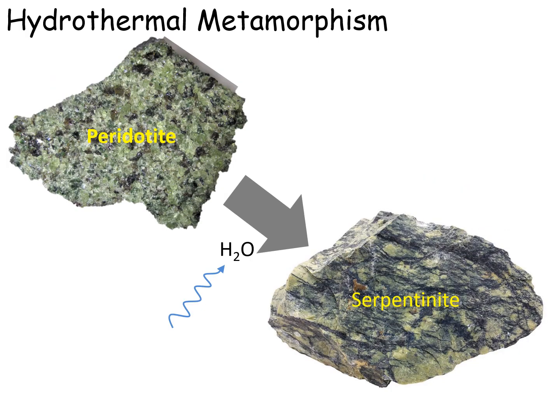In some environments, metamorphism is carried out by hot circulating water. The circulating water adds H2O to the rock chemically, causing hydrothermal metamorphism. A good example of hydrothermal metamorphism occurs on the seafloor around mid-ocean ridges. Circulation of seawater, driven by heat from a shallow magma chamber, causes the ultramafic rock peridotite to transform into the metamorphic rock serpentinite. Serpentinite is a rock composed of essentially one mineral, serpentine, which is a clay mineral containing chemically